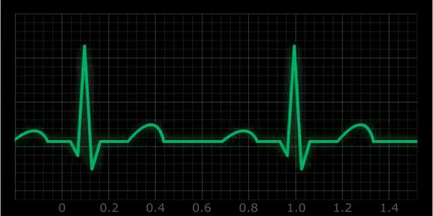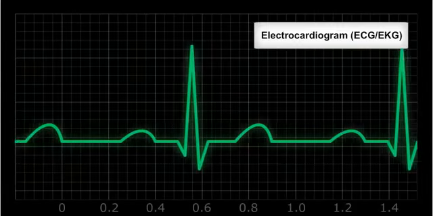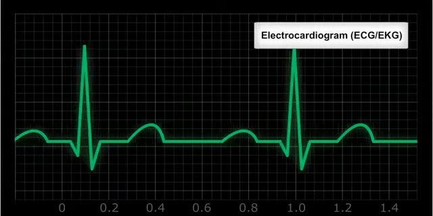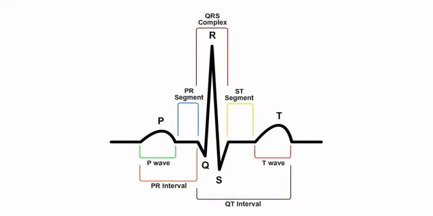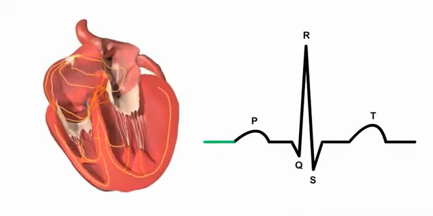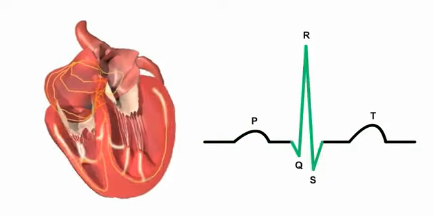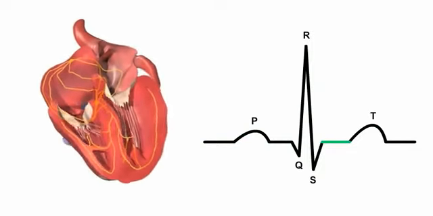This recording is known as an electrocardiogram, or ECG, sometimes referred to as an EKG. A tracing of the overall electrical activity of the heart, resulting from the propagation of many action potentials. Let's look at what happens during a single beat of the heart and how these events are depicted on an